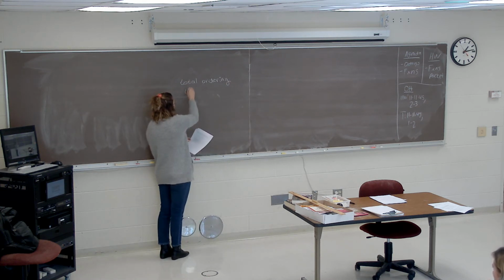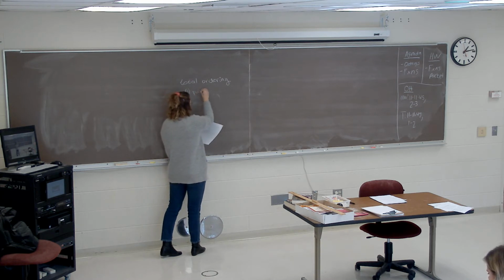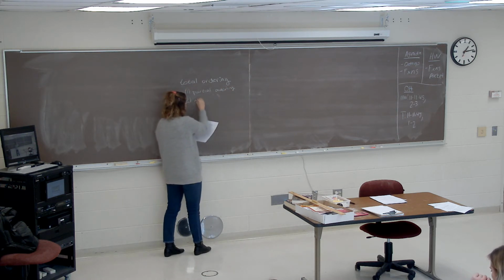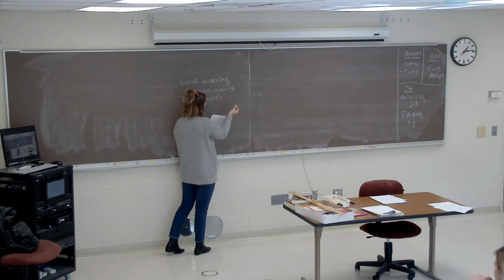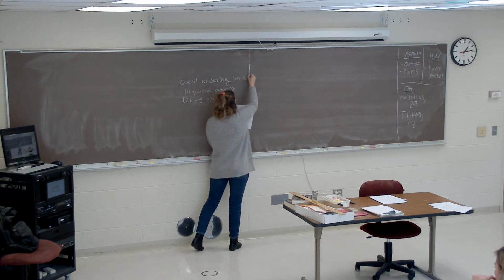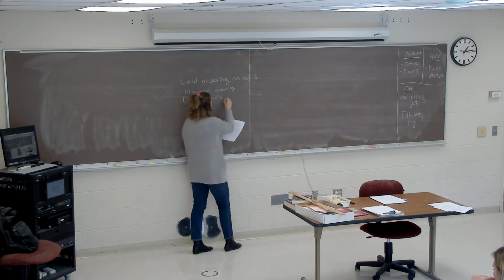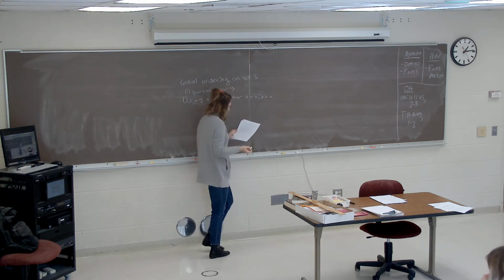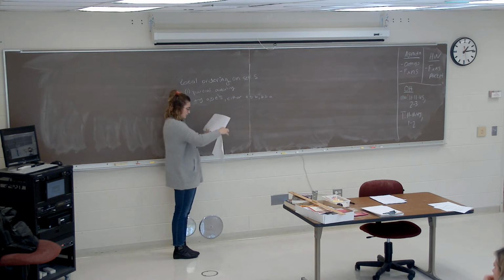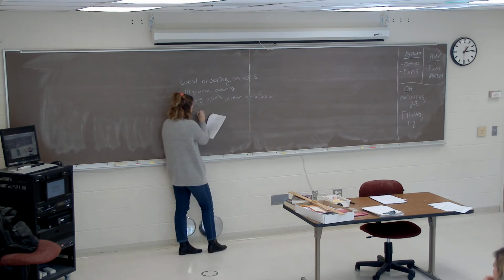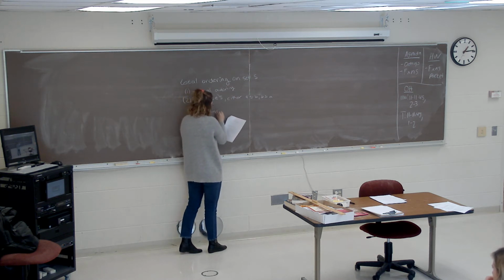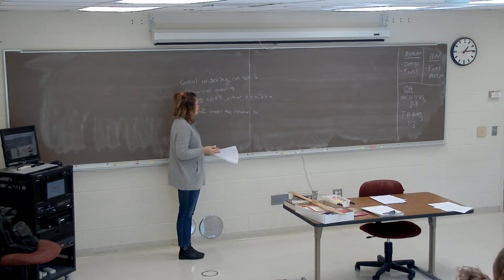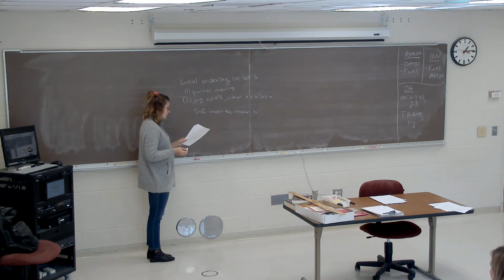As written, it is a partial ordering, and given any A and B in S, on the set S, either A is less than or equal to B, or B is less than or equal to A. So we said that for S equal to all of the integers under the relation less than or equal to, it would fulfill both of these, because it is a partial ordering, and we showed that.